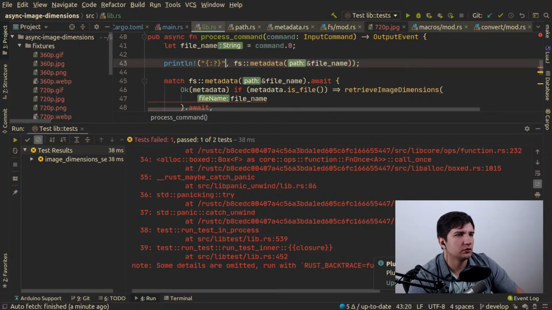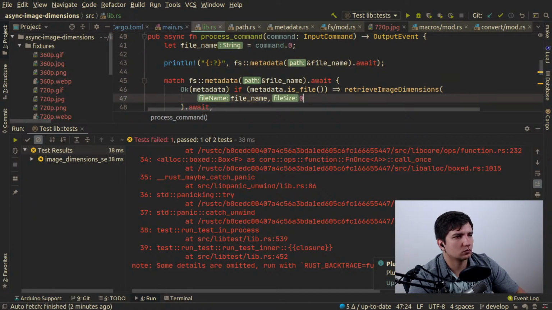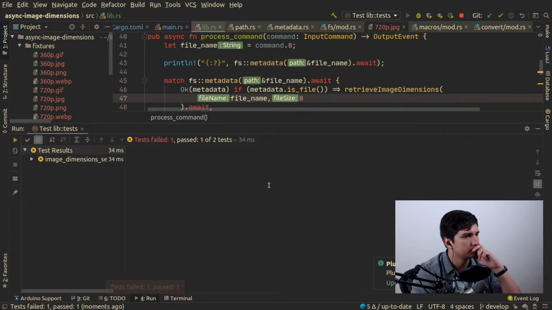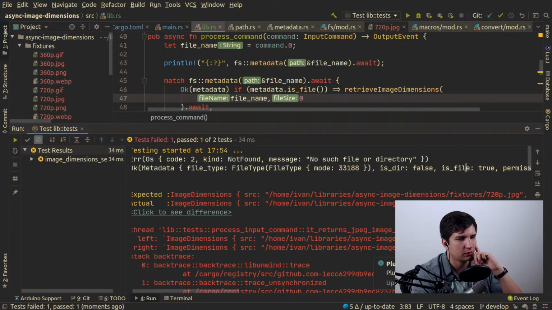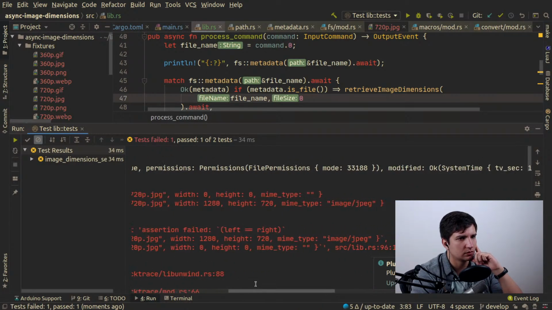What basically I want to know is if I can fetch the size of the file with that function, right? So for now we just pass 0 just to let it compile, and let's see metadata, file type, permissions, this one,